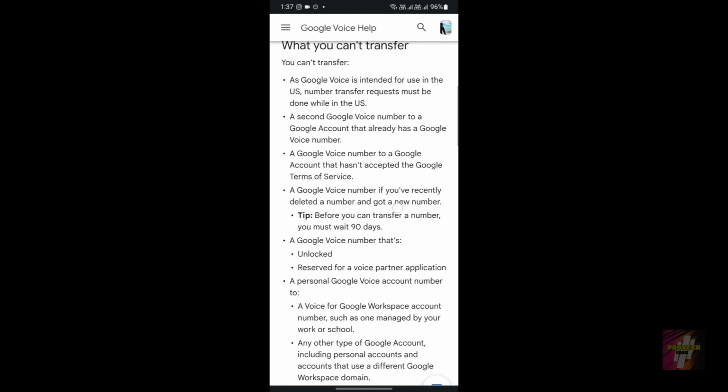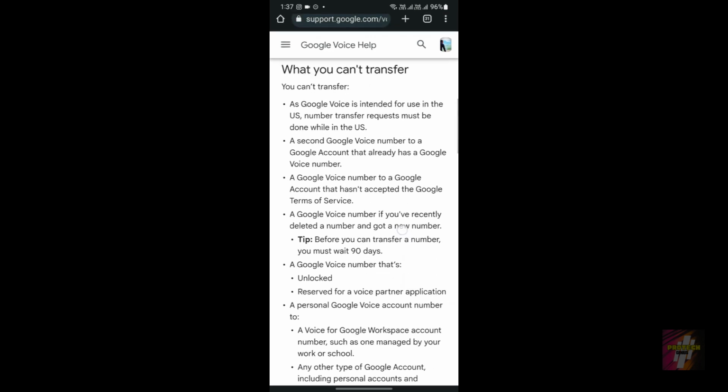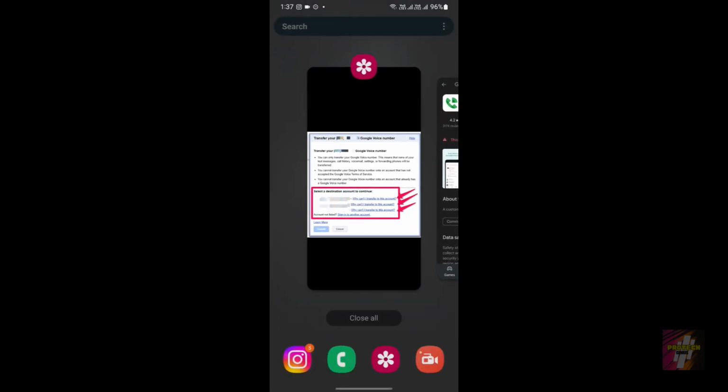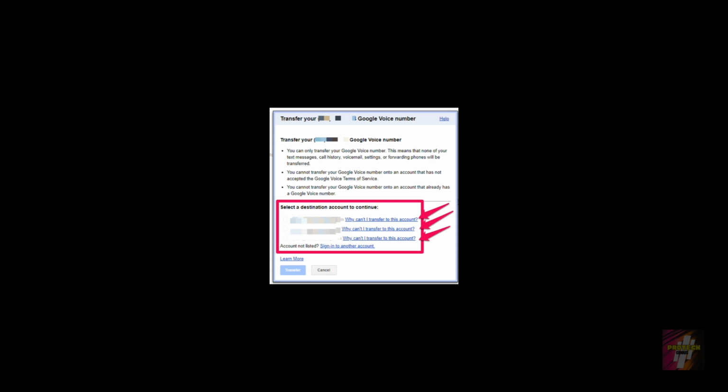So these are the reasons if you can't transfer your Google Voice number. If you can't transfer, you'll receive an error like this. There are a few of my accounts over here that I was unable to transfer, because of a few of these reasons, such as I already have a Google Voice number in that account.